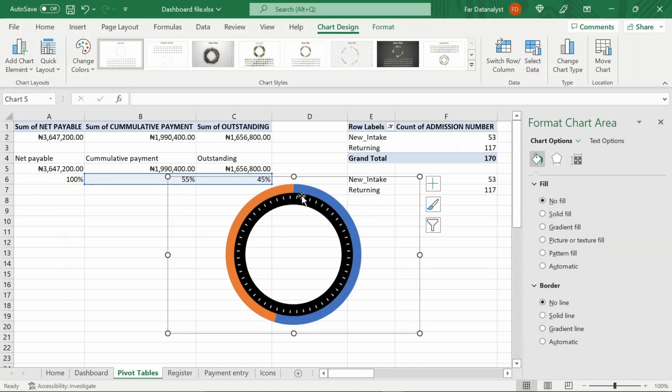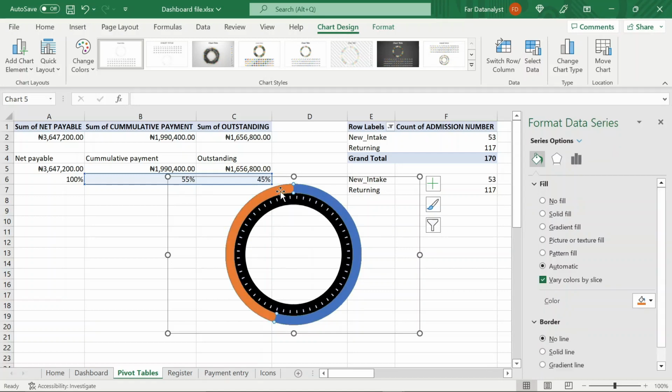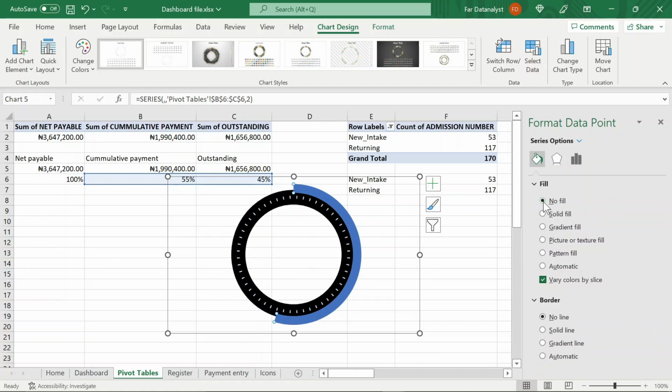So amongst the 2 portions we have here, that is the blue and the orange portion, you can tell that this orange portion is what represents the outstanding percentage. So I make sure I select it, make sure you double click and select just the orange portion. Then you come and select no fill. Once you do that, you can see it disappears. Then you can now select the blue portion,